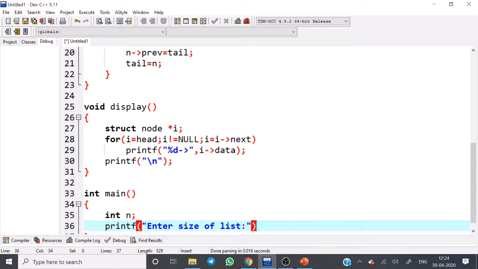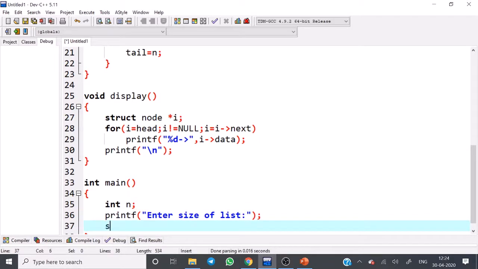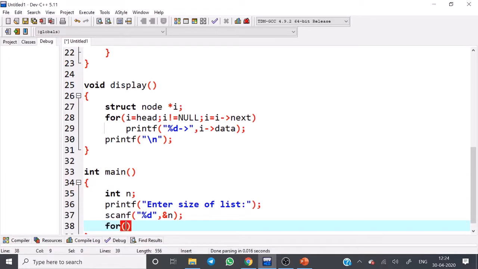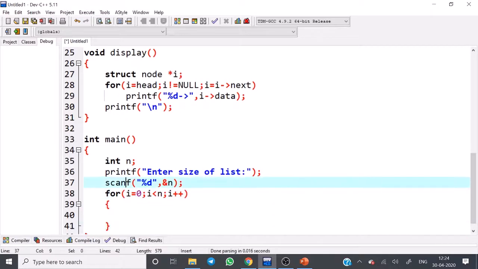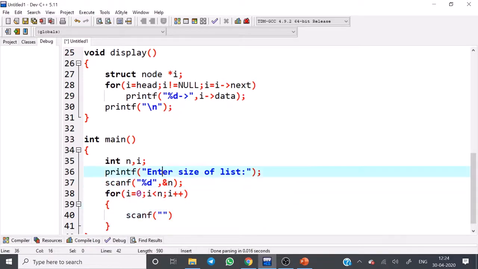Then after getting the size, use a for loop, i equal to 0, i less than n, i plus plus. Declare variable i. Here use a scanf statement. Get the data, numbers, and d.